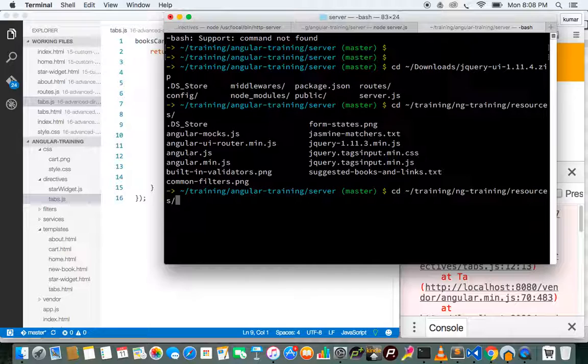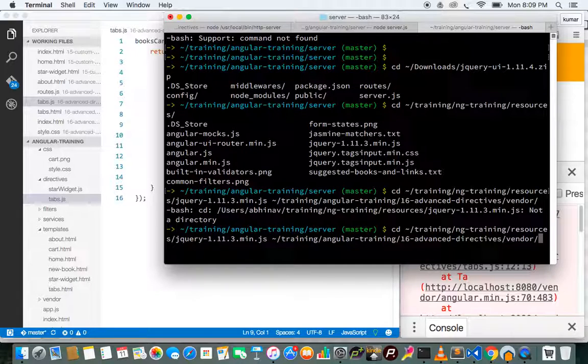Yes, I have jQuery here, and copy this to Angular training 16, and then vendor. So, sorry, instead of CD, I need to use CP. Yeah. So it is copied